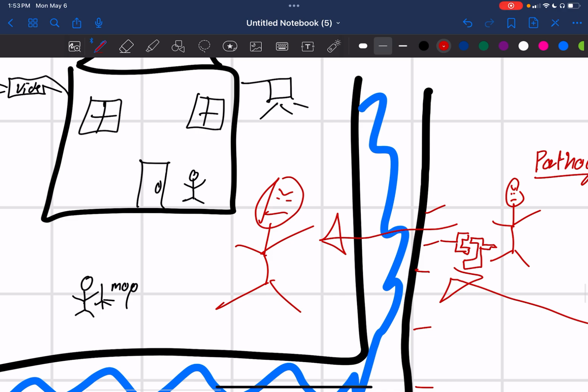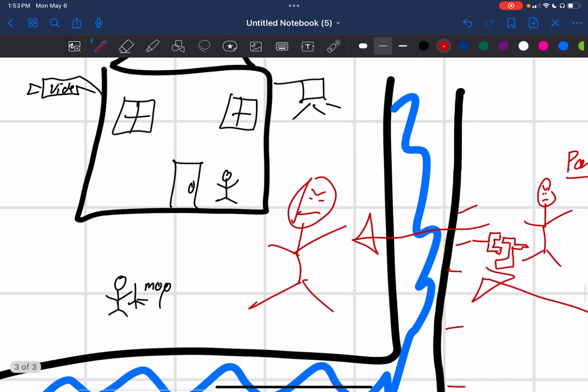So what you want to do is, whenever you have a bad guy go into your house, you want to have different types of defense mechanisms, right? So that's why